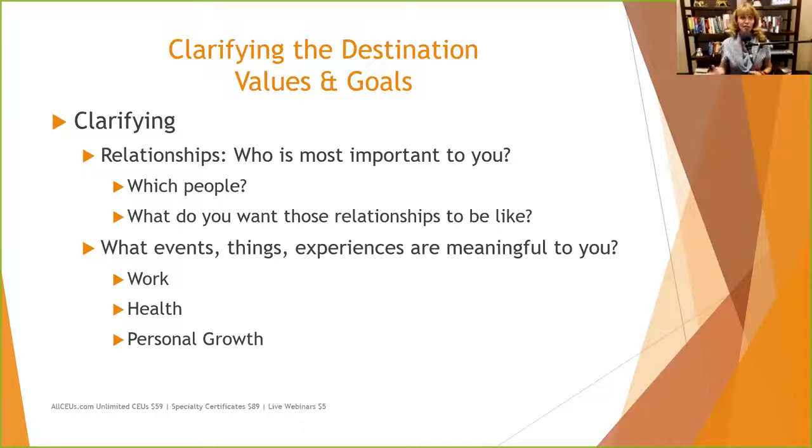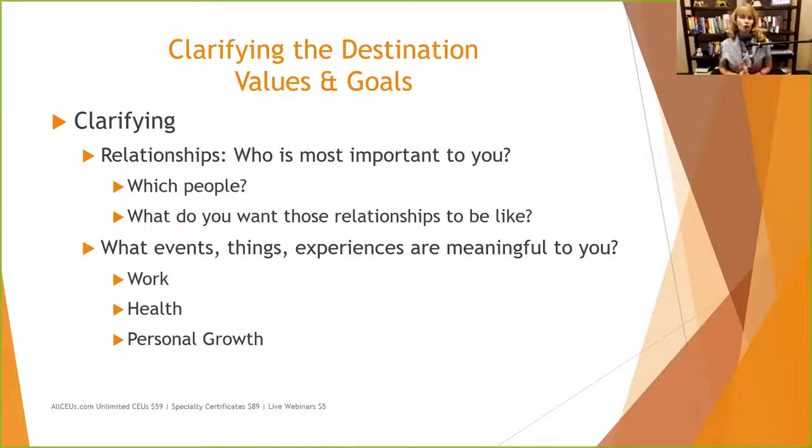Is it just putting food on the table to achieve your other goals? Or do you have certain goals that go along with work itself that are really important to you? And what about health? You can't really be very functional in a relationship if you're not taking good care of yourself and you're not around. So health is probably a value, but for some people, it's going to the doctor once a year and doing the minimum. And for other people, it means going to the gym and doing things to sort of fight the aging process or fight the disease process.